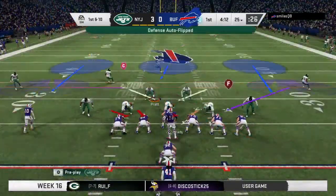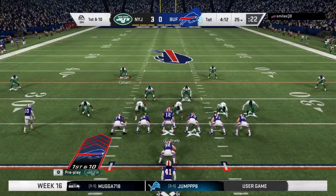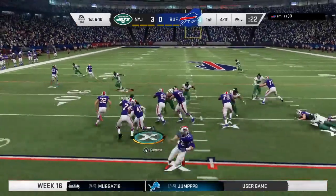Wait, 20! Mike 50, record! Hey, look, 3,